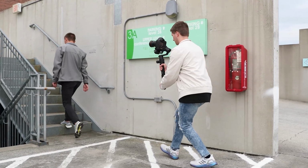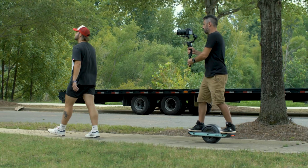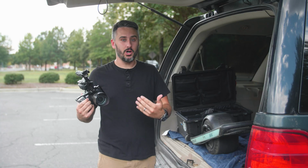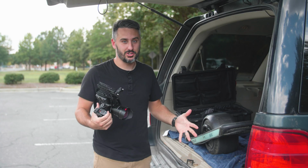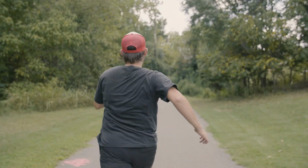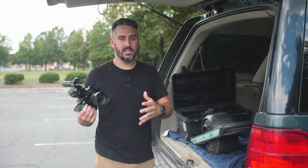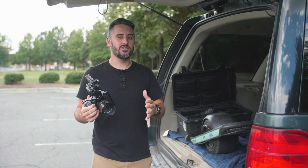You have to walk a certain way to get those smooth shots. So the gimbal does help with your upper half being stable, but your lower half will still make or break the shot. This is especially true, like we just said, when the speed picks up and you start moving faster and running. No matter how smooth or expensive your gimbal is, it still all depends on how you walk